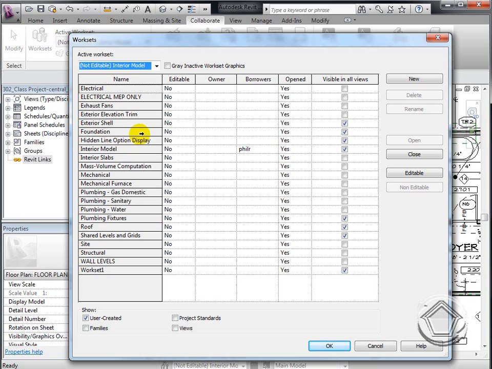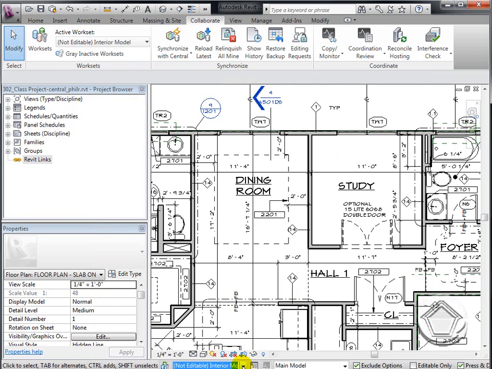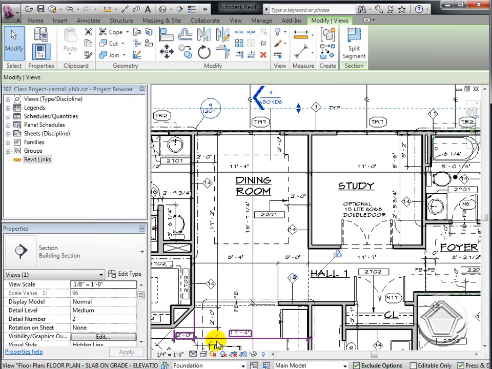If somebody drew an interior wall on a foundation workset, and I sign out this workset, then I can't work on it. So you have to make sure that the workset you want to place the item on is current, and you want to make sure that you have control of that workset. So if I was going to do some foundation work, I would make that workset current. Now down in my type selector here, I would make the foundation the active workset. So now if I drew a wall, it would belong to the foundation workset and the main model design